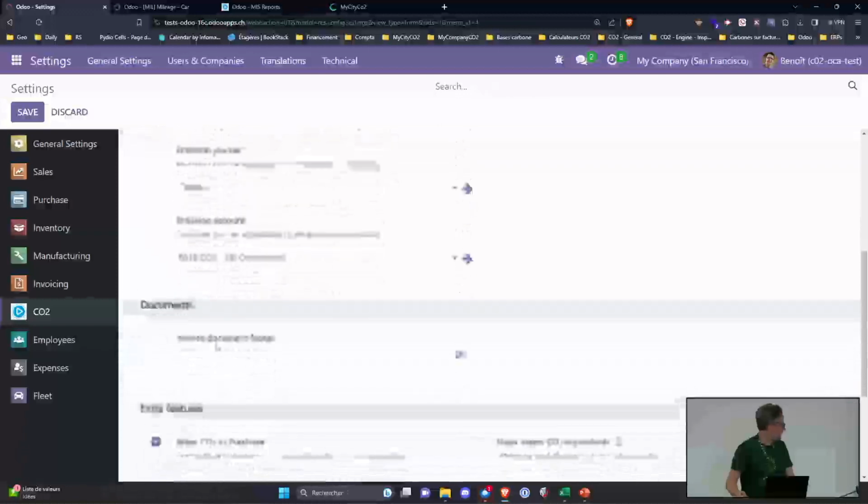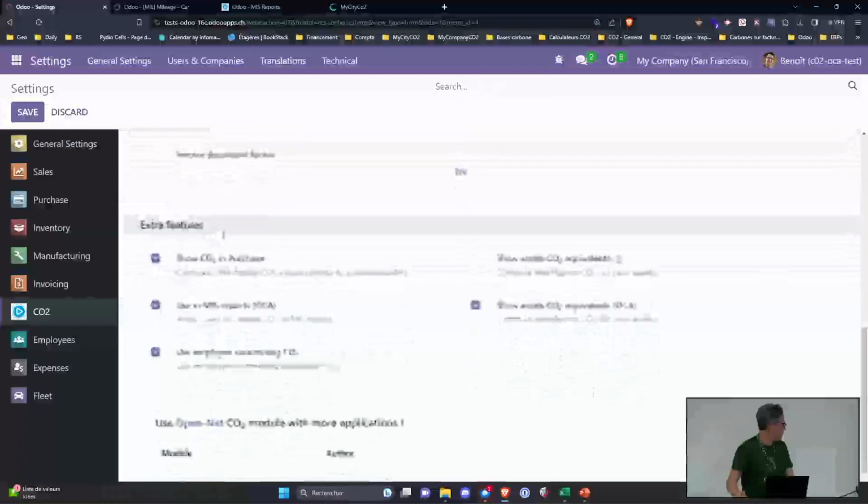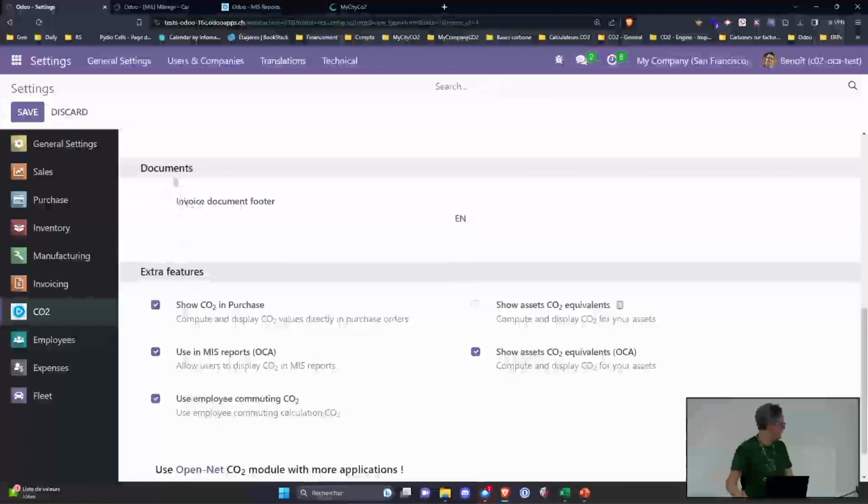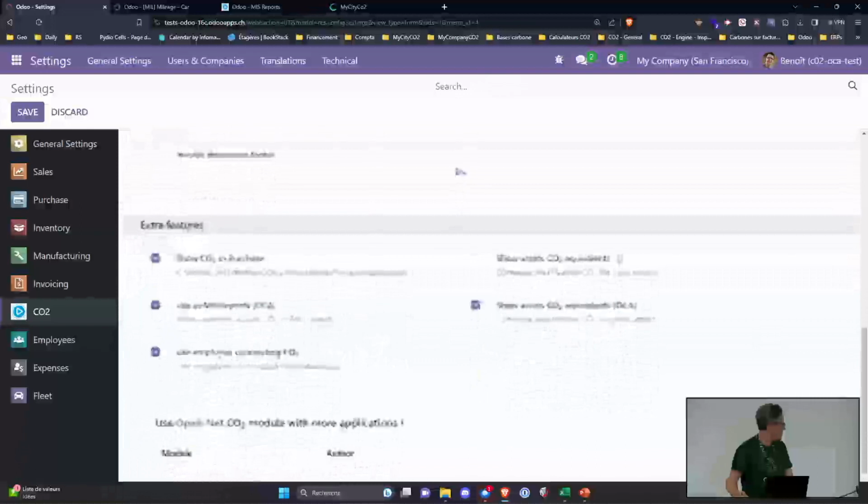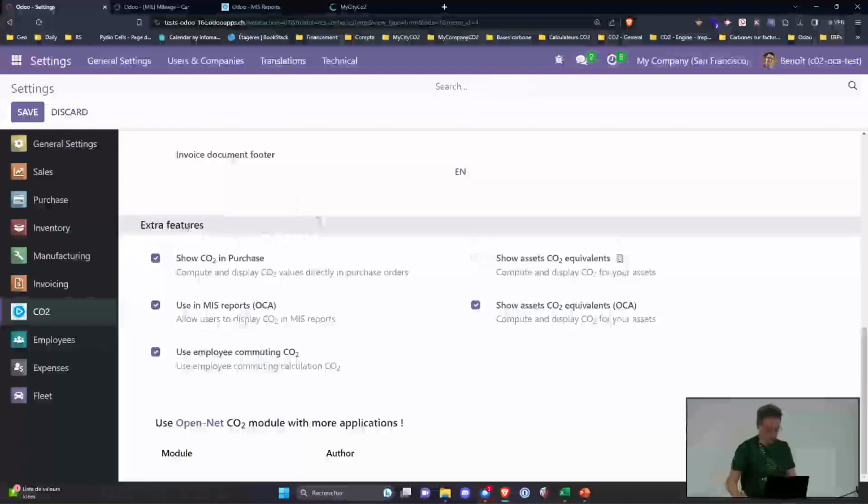And you define the account where you want to generate them. You have some additional features to add information on your documents. This is basically where you define the settings of the module.